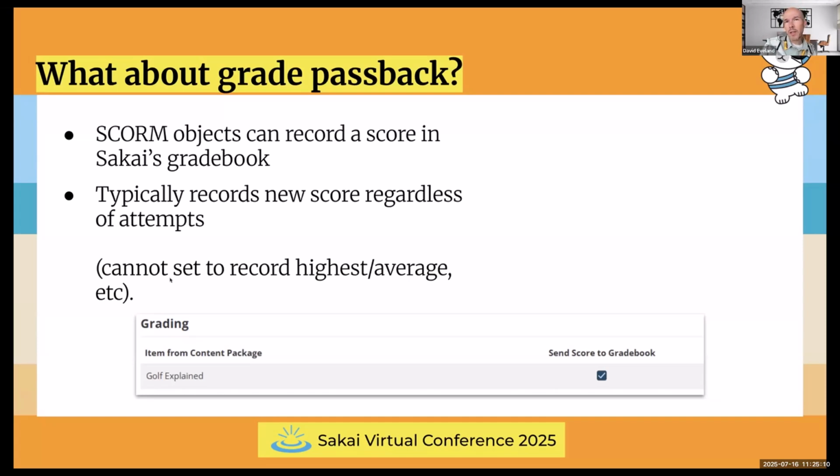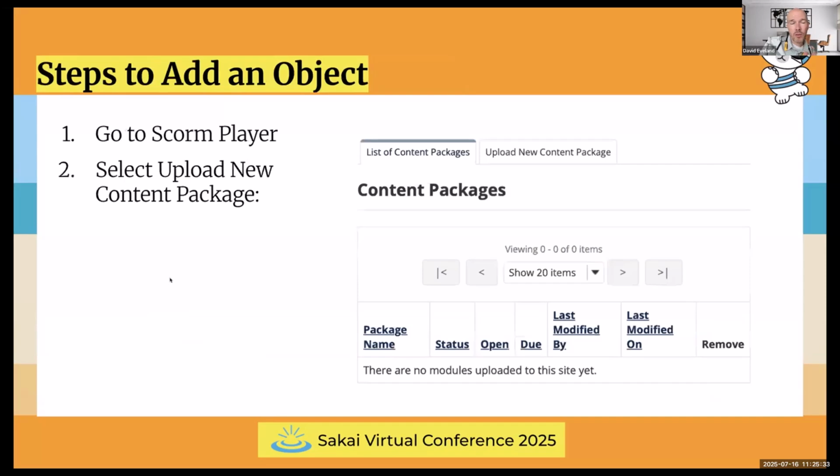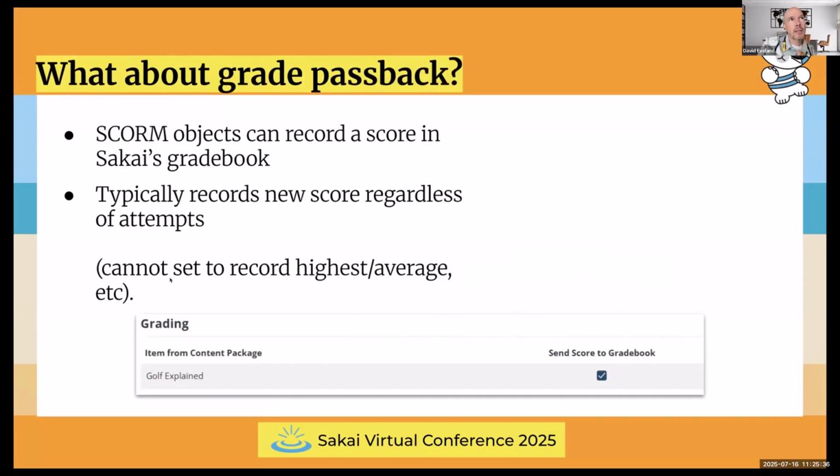Yes, even with SCORM Cloud, we could transcribe the scores, but that was just a mess. And a lot of our faculty were just like, I don't have time for this. So that grade passback functionality was really, really helpful. When you've imported the SCORM object, you can go in the settings, the options, and select to send the score to the gradebook. I will say that when the grade is sent to the gradebook, even if you're using categories or categories and weighting, it just comes into the gradebook in Sakai as an uncategorized item. So there's still some basic cleanup you've got to do, putting it in the right category, but that's not nearly as big of a deal.